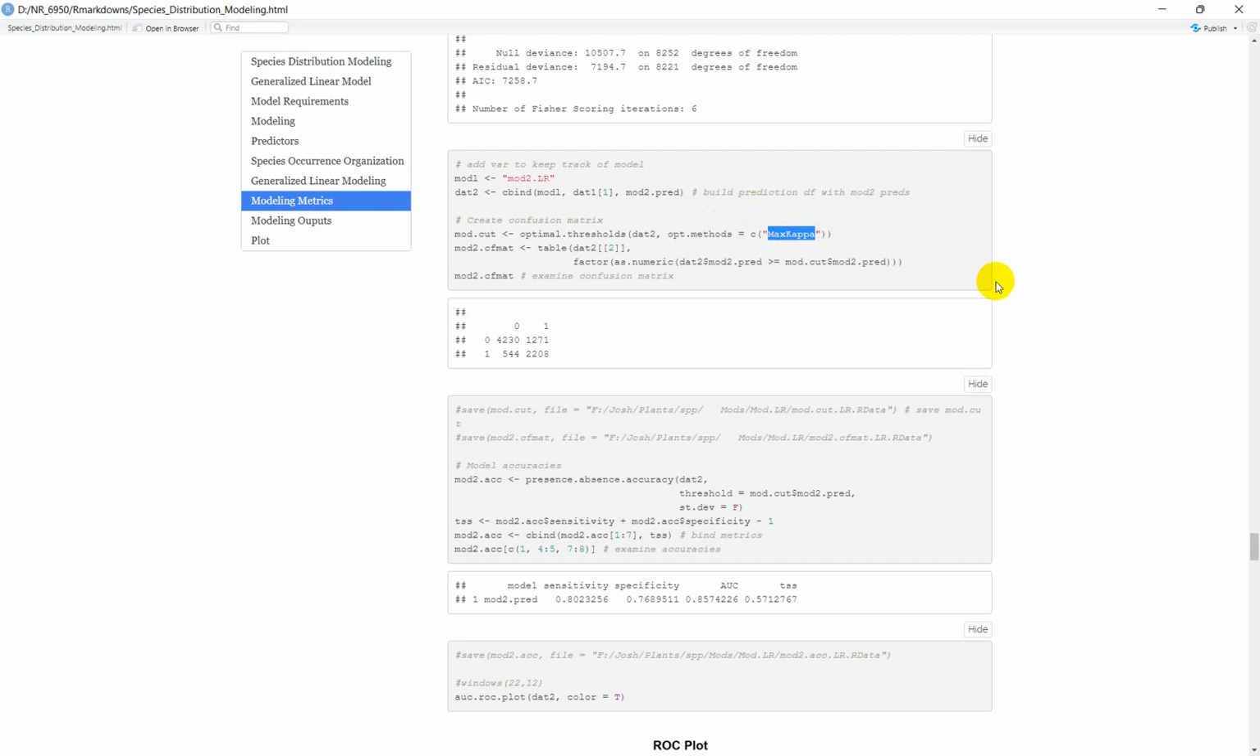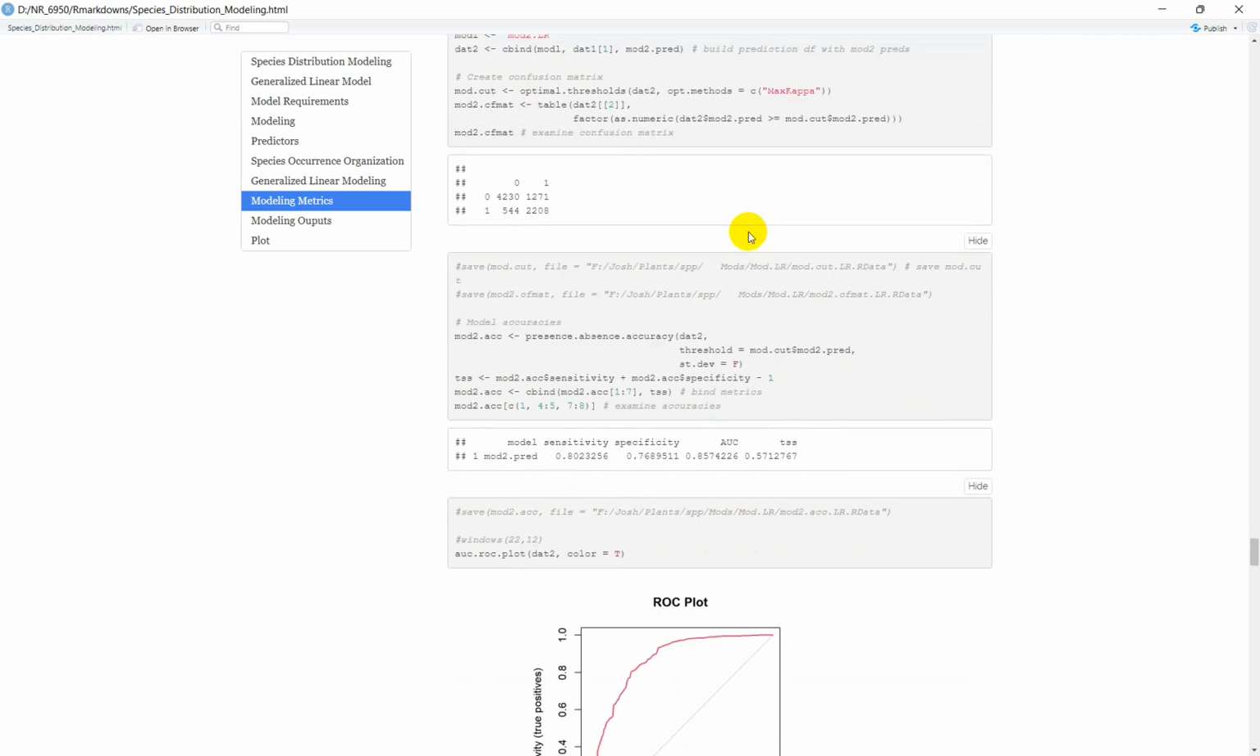Essentially, if you're using several different algorithms like random forest and maxent and generalized linear models and generalized additive models, their outputs are not standardized across those four outputs. You have to do a threshold based on max kappa, which is 0 to 1 probability. So we're assigning max kappa here. It's very important if you're doing more than one species distribution modeling to make sure that they are standardized to max kappa or to whatever